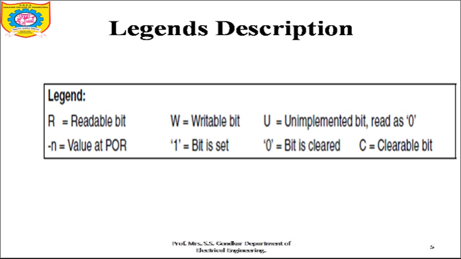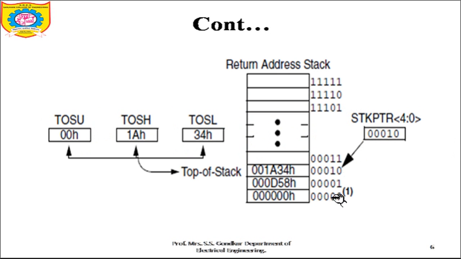Then coming to the next point, you can see here how the stack is actually going to look. As it is 5 bits, you can see these are 5 in number, starting from 0 0 0 0 0 to this 1 1 1 1 1, which means it is from 0 to 31. These are nothing but the addresses of the stack pointer. This is the location which will be pointed to by the stack pointer, that is called SP.